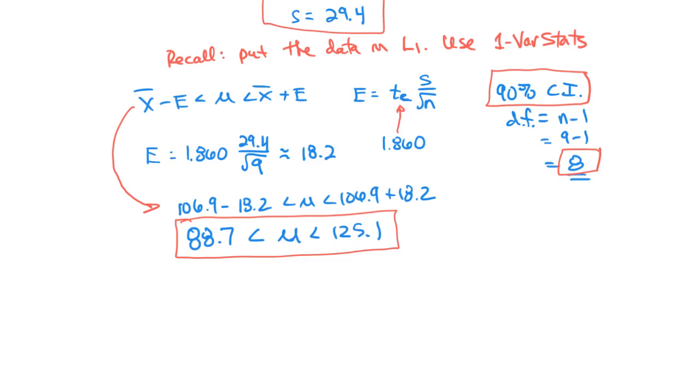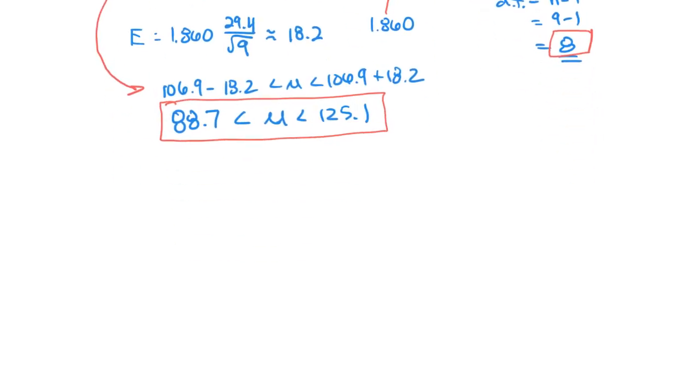And then for part C, it says, what does the confidence interval mean in the context of this problem? And this is the part we always struggle with. We struggle with this part a lot. So for part C, remember what we can always say initially. You can always say we are 95% confident. Oops, not 95%. Erase that. This one is 90%. So we are 90% confident that this interval,